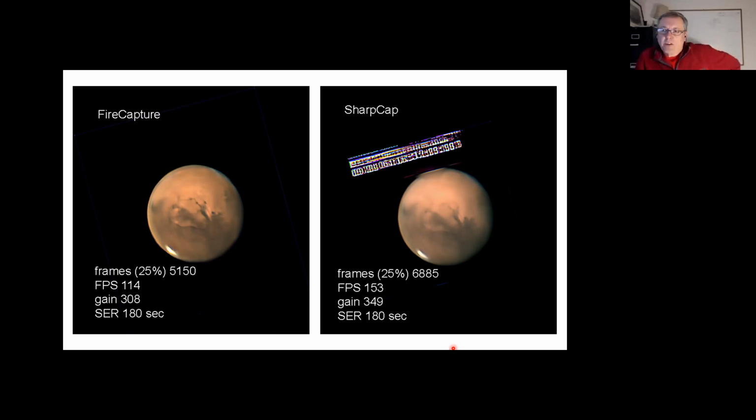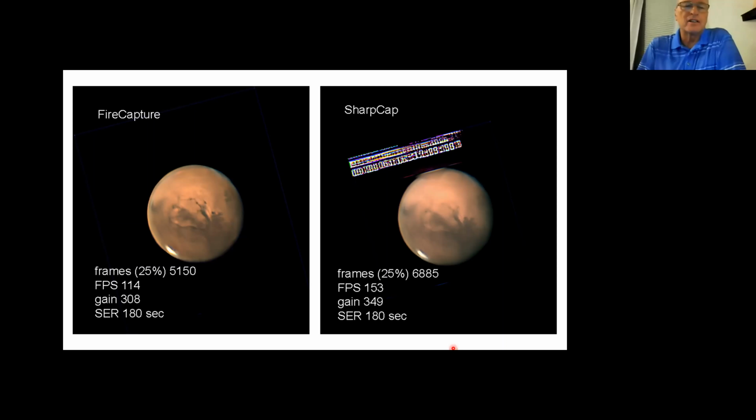I would think without the dither, maybe they're relying on the fact that the planet at that scale is shaking a little bit, so you're getting a little unwanted dithering. Exactly. It's going in and out. I would guess that's it. Yeah. It's moving around, and the whole idea behind stacking, for